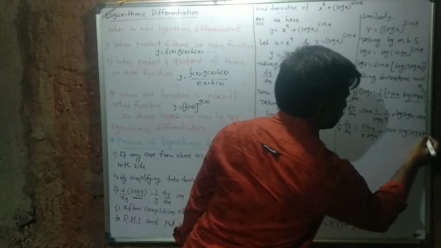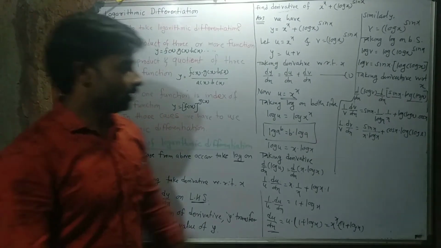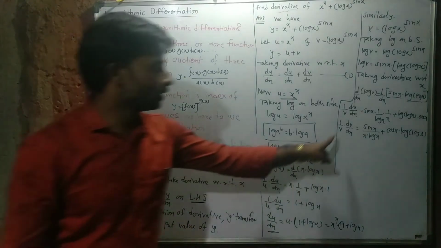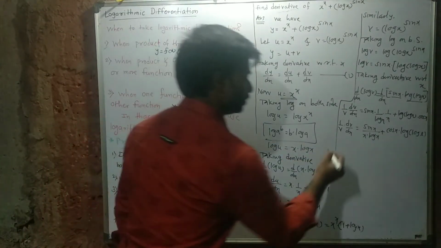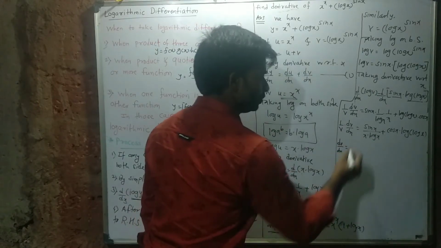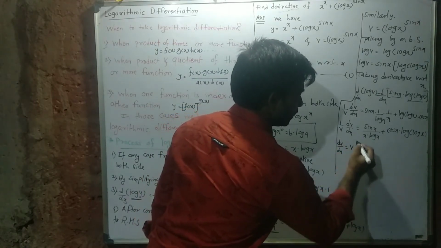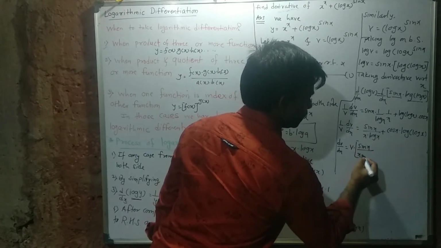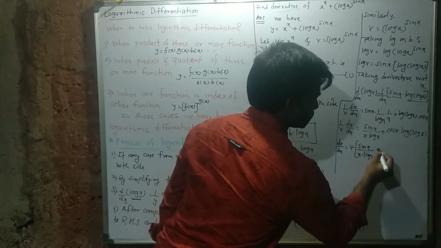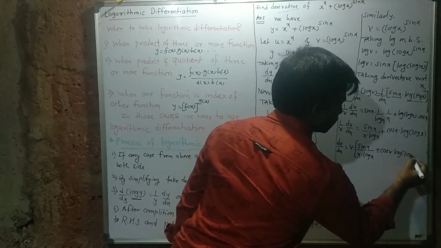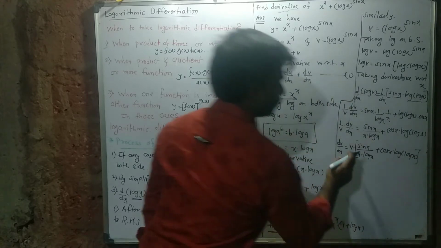According to the rule, v is transferred to the RHS. You will get dv by dx is equal to v into the bracket sin x divided by x log x plus cos x into log of log x, and putting the value of v